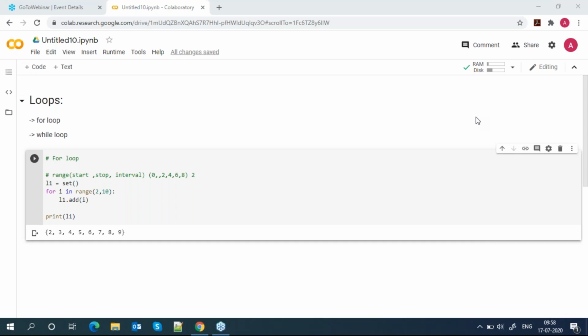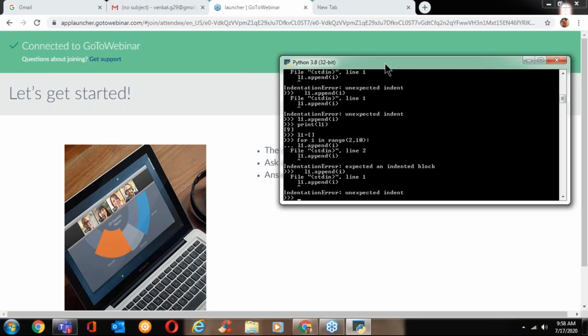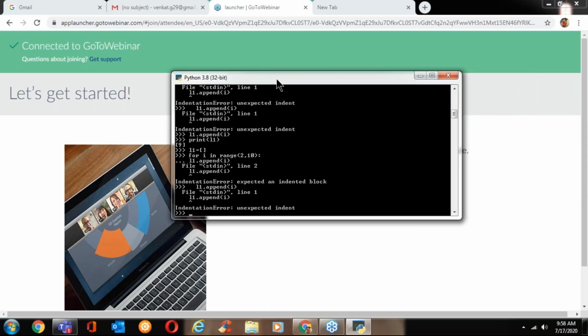Sir, what about dictionaries? But I am getting an error. Okay, show me your screen. I have given L1 equal to square brackets, for i in range 4, 10, L1 dot append, i.